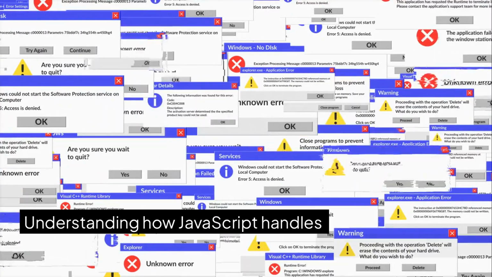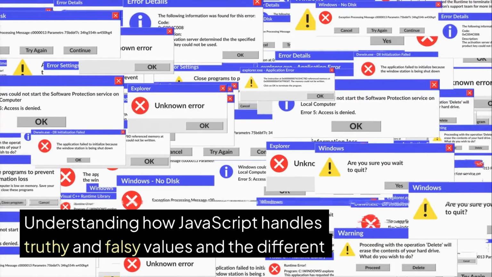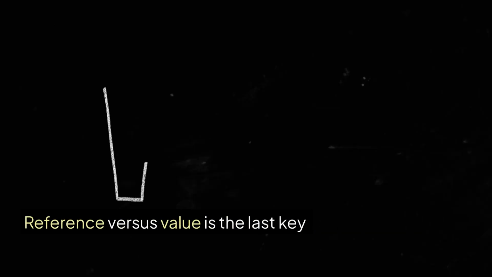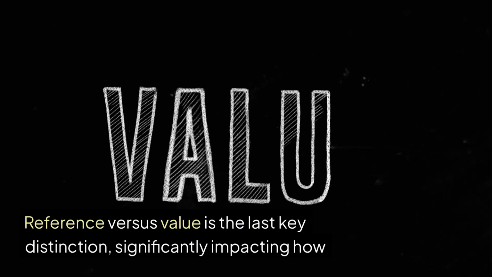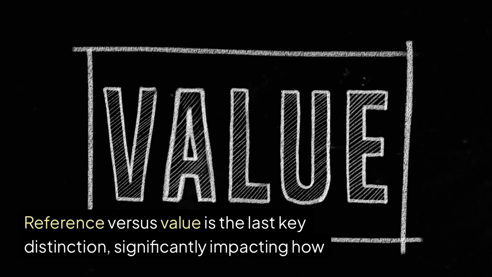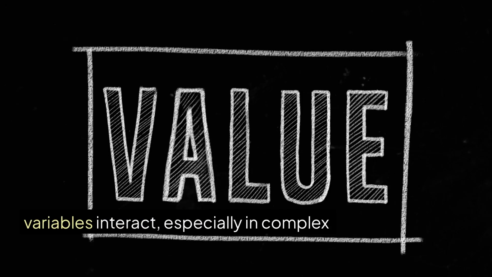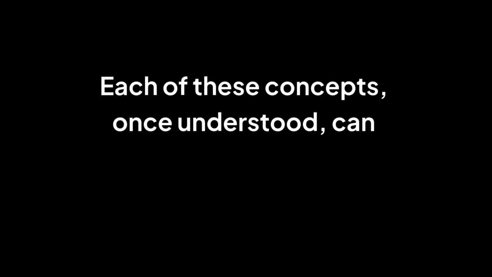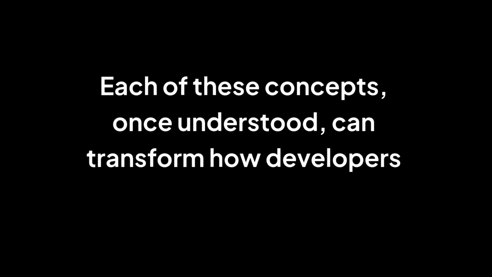Understanding how JavaScript handles truthy and falsy values and the different scopes is equally essential, aiding in preventing potential errors in production. Reference versus value is the last key distinction, significantly impacting how variables interact, especially in complex state management. Each of these concepts, once understood, can transform how developers approach their projects in JavaScript and ultimately lead to more